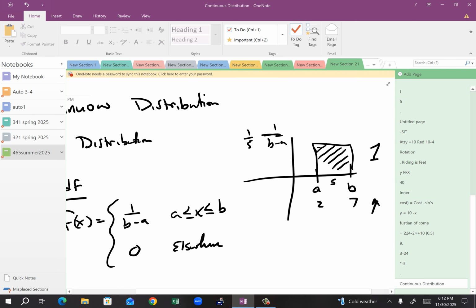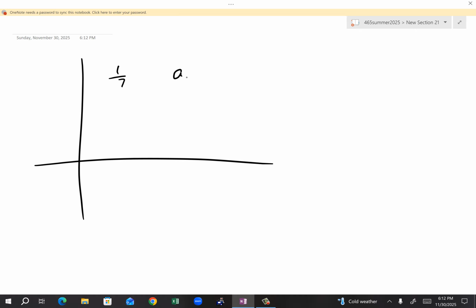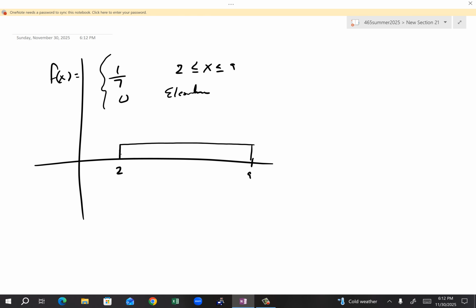What if I said, for instance, that one we just did, it's 1/7, from 1/5 rather. So f of x is 1/7, 0 elsewhere, and then from 2 to 9. Sure, why not? So here's 2. Here's 9. And if I said to you, what's the probability that x is